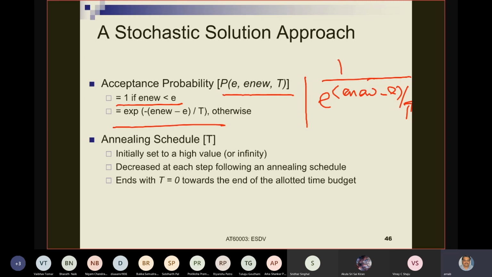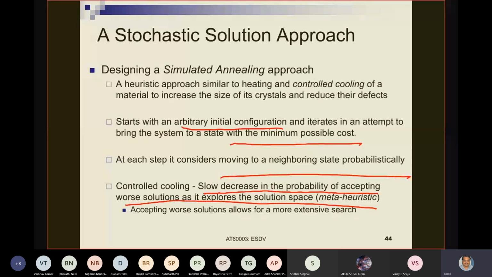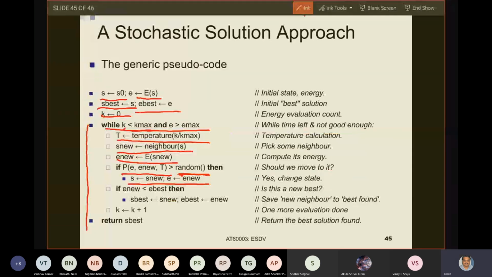So there is a very high chance that this value of P will be greater than random, even if it is worse, but only during the initial stages when the temperature is high. Remember, when you go through the iterations, your temperature becomes lower and lower, and then your value will become lower